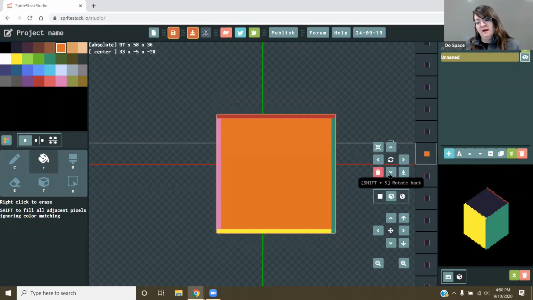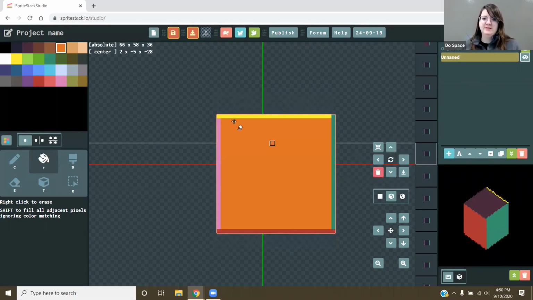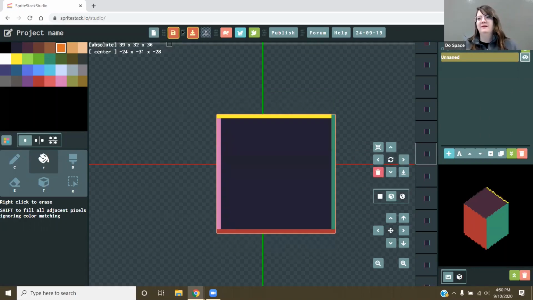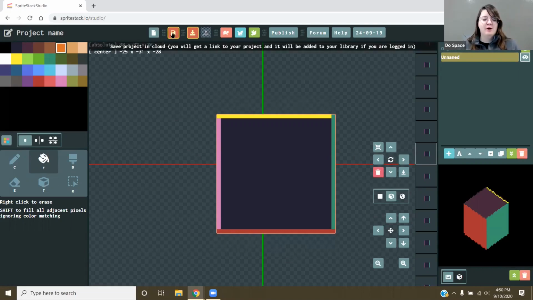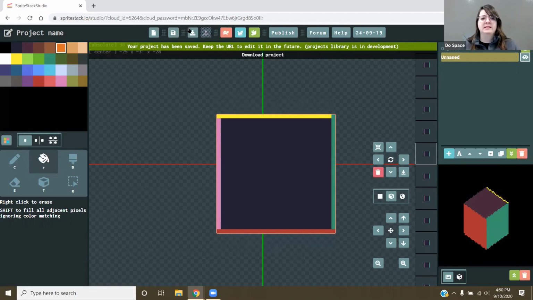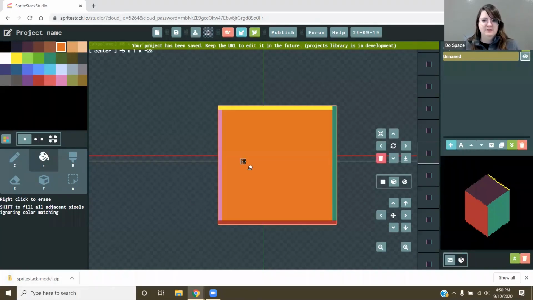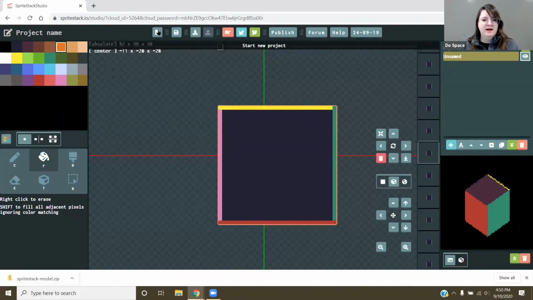So if I'm done right now with my object, all I have to do is go to the top of the screen here and then click Save. Right here, so Save Project in Cloud. Again, just press all the buttons and see what they do. And then I'm gonna download a project. So download's right there, but if I want to download a copy of this project, like a little image, you see there's a turtle, a